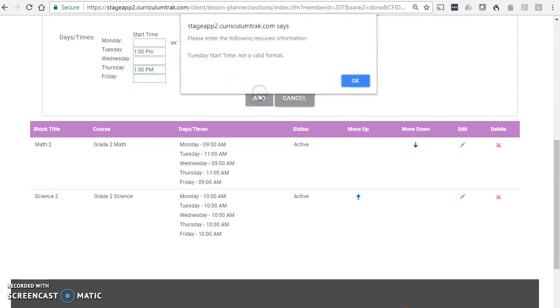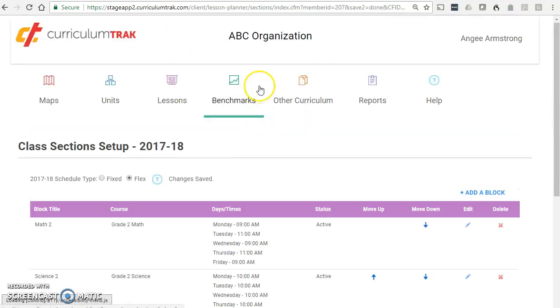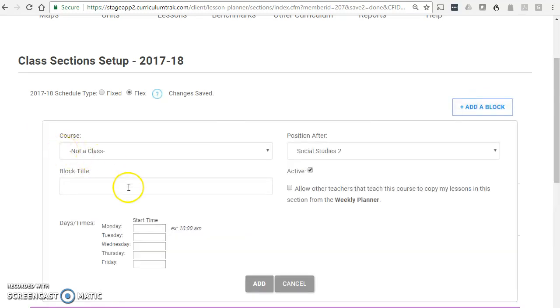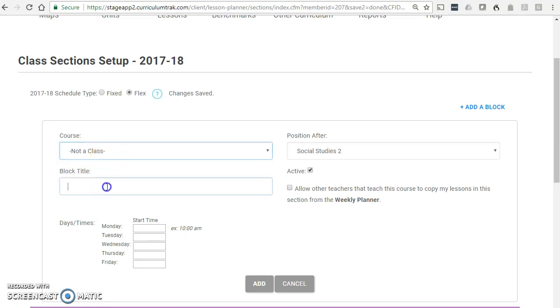And then finally, in the other example that I showed you, it doesn't like that format. They either have to be both caps or both lowercase. I had a chapel in here, so let's say I want to add a chapel. The difference is if it's something that's not attached to a class, you just say not a class, put in the name of it, and so in this case I'm going to go ahead and say that on Wednesday